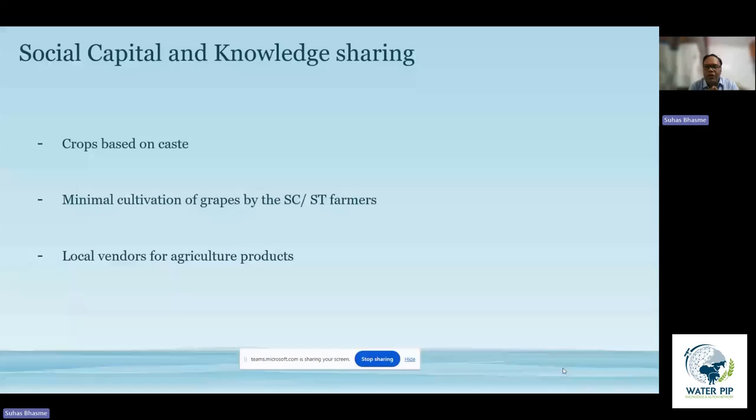In fact, what I found in this particular area was that there were only two families which started producing grapes, and that is precisely because their father had a friendship with one of the Mali farmers in this region. And since this is a region which I regularly visit for our students' field visits, I find that this situation has not changed to a much larger extent as such.